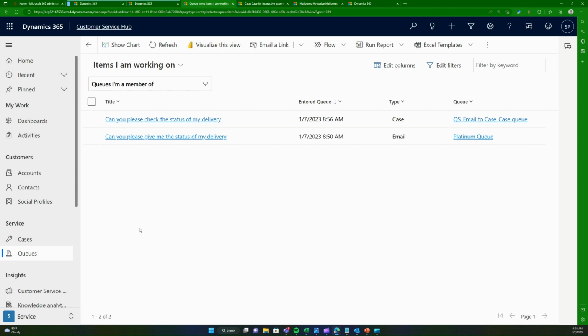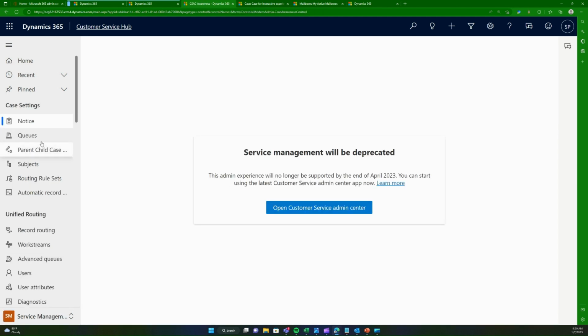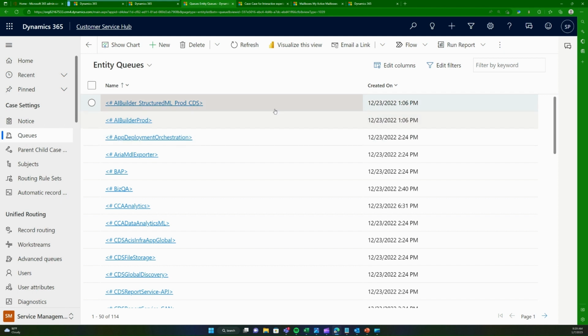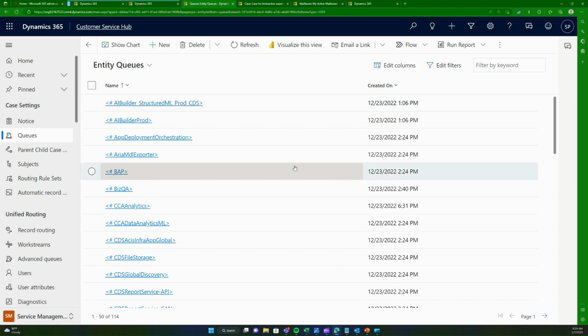In the queues, you can have items such as cases and emails, because a queue is just like a queue you'd expect when you go to a supermarket. There will be a queue of people, all kinds of people. In this case, you can have all kinds of records such as cases and emails. So what this view represents is items. It's showing you all the items that are added to the queues that you are a member of, right? And when you go to this queue, it shows you literally all the queues that exist in the system